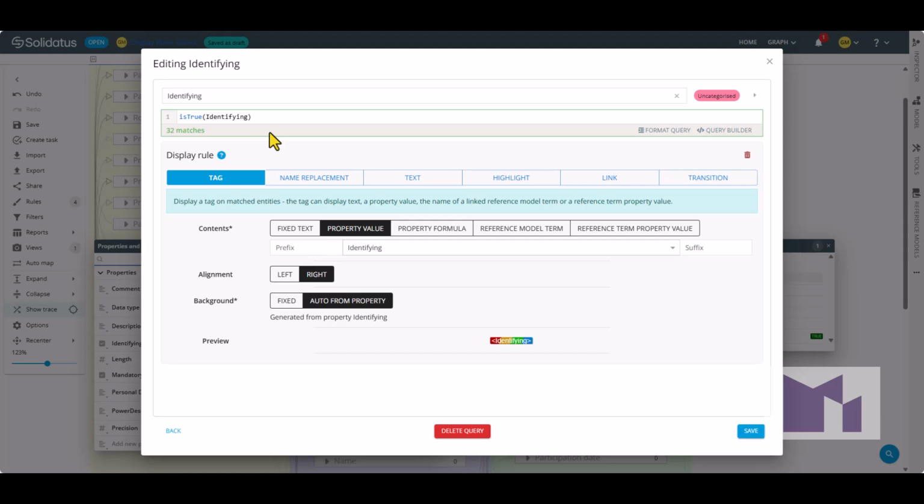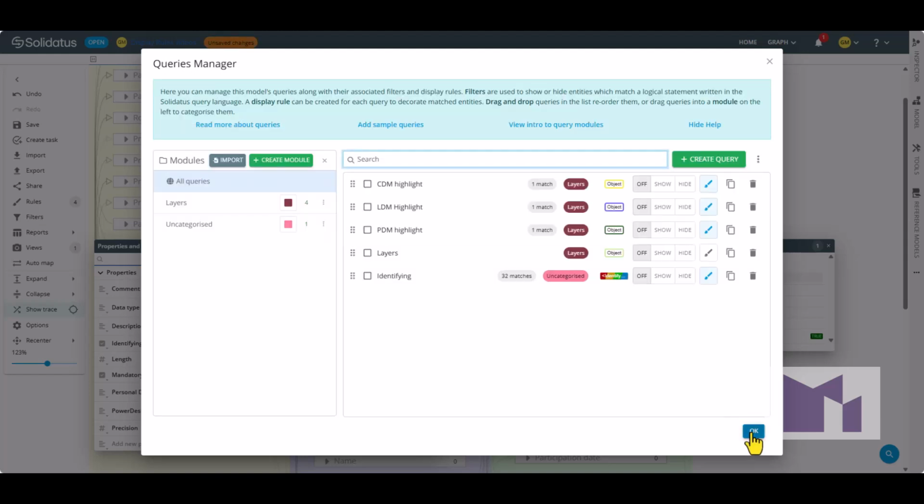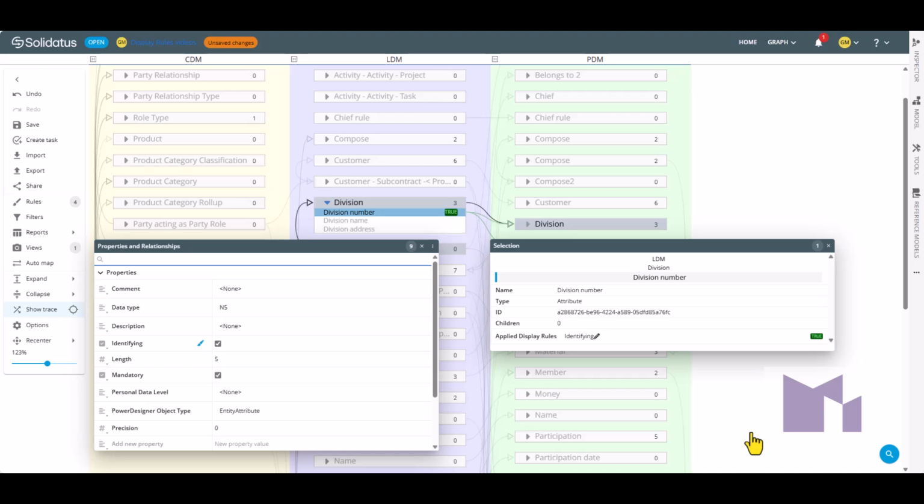If I only wanted to show the ones that were not identifying, I would use the predicate is false. So now it's only affecting the attributes where it's true. So if I pick a different one, you'll see that it no longer matches.